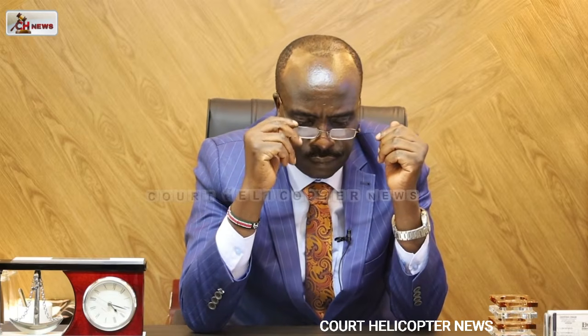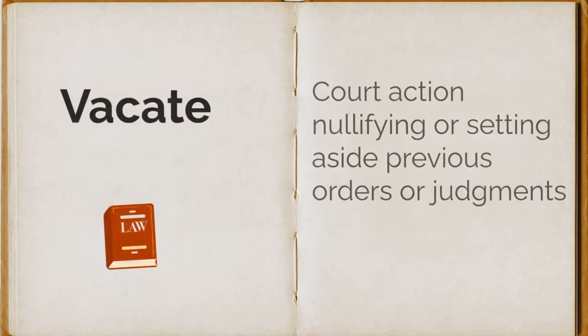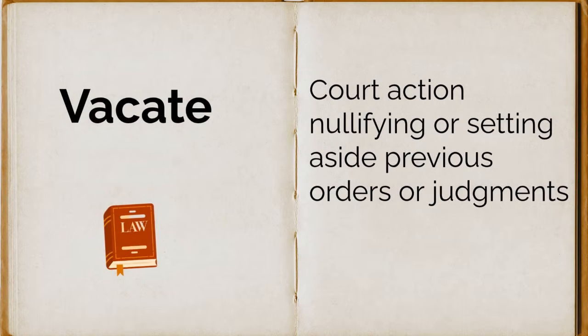Letter V. We start with the word vacate. This is where orders exist. The court has given some orders. You challenge those orders either in the same court or the other court. So you are vacating those orders. For example, they declared this land belongs to Nyakenyo Women's Group. You move to court and produce proper title deeds and say, vacate now these orders. So vacating of the orders is removing that which was there previously and returning it to the way it was.